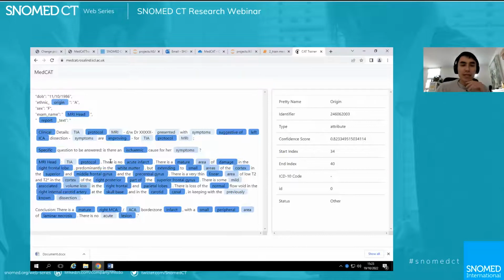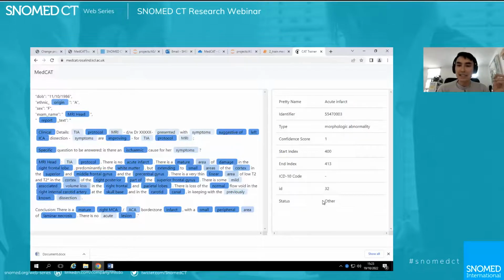And so here we're showing named entity recognition, where it's demonstrating that, in this case, acute infarct, rather than choosing the word acute, which I'm pretty sure is available in SNOMED, such as down here, it's understanding that these two words are linked together, and this phrase acute infarct belongs to this semantic tag, morphologic abnormality, and it has a status other.